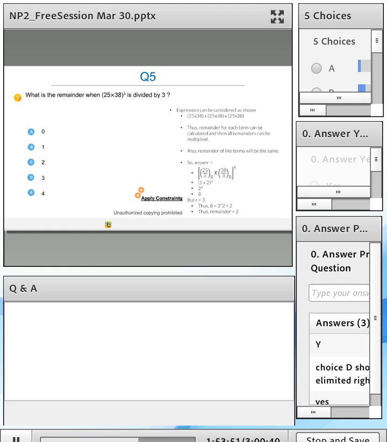Now, I'd like to make one more point here. This is definitely a 700 level question, but given that you guys knew the process that you have to apply, you were able to solve this question correctly and within a reasonable amount of time. It's not that you took an overly excessive amount of time to solve this question. And this is the power of you building your concepts and you having the right approach to solve questions.